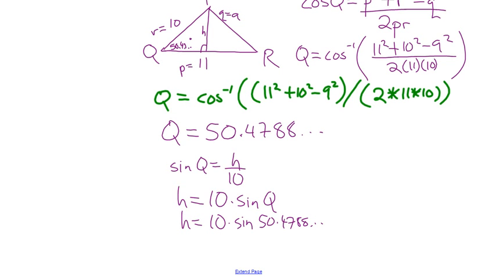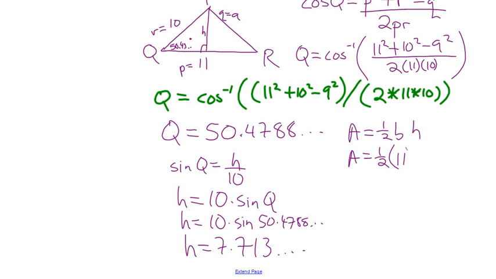And what do we get? 7.7? 7.713, right? Because we're not done yet. That's not really the answer we want. The answer we want is the area. So area is 1/2 base times height. It's 1/2. The base is 11. The height is